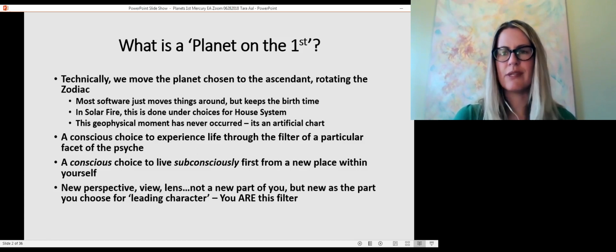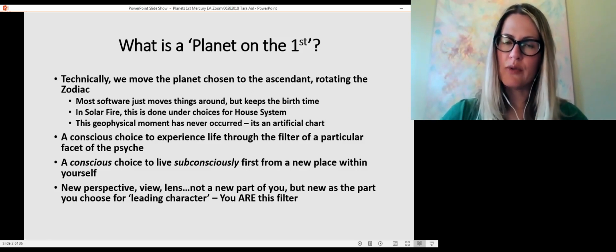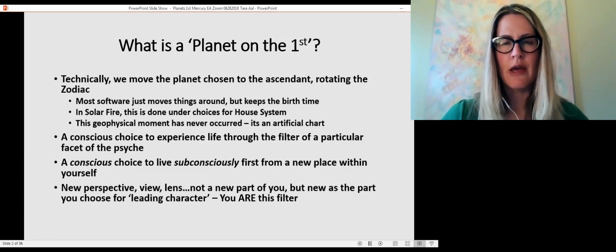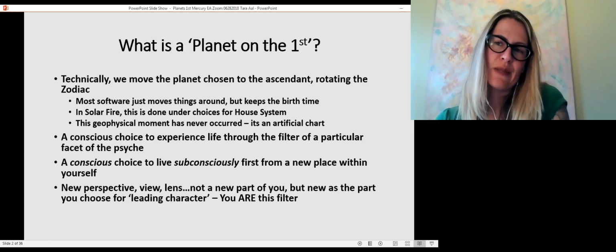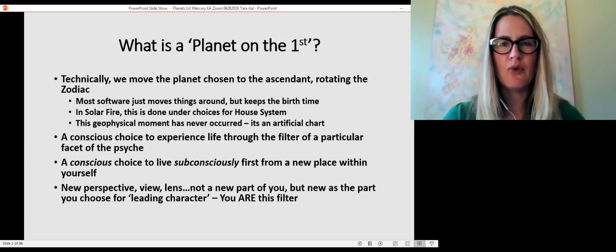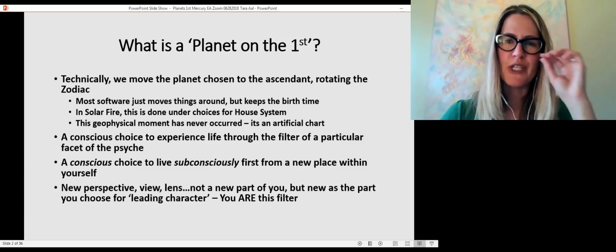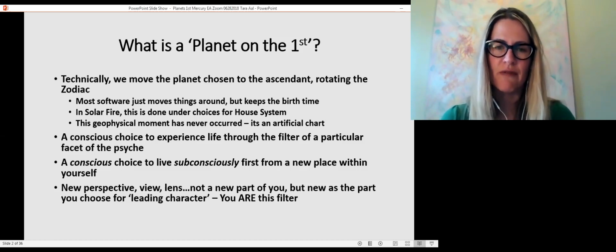I always use the example of, if your whole being or psyche were a house, with an attic and a basement and a backyard, but you've always stayed on the back porch, for example, it's not that all the other spaces are not there, it's just that you like hanging out on the back porch. If you move to the basement, you would find and see and experience new things about yourself, not because they're new, but just because you have focused your attention or your consciousness or your choice of where to center yourself in a different place.